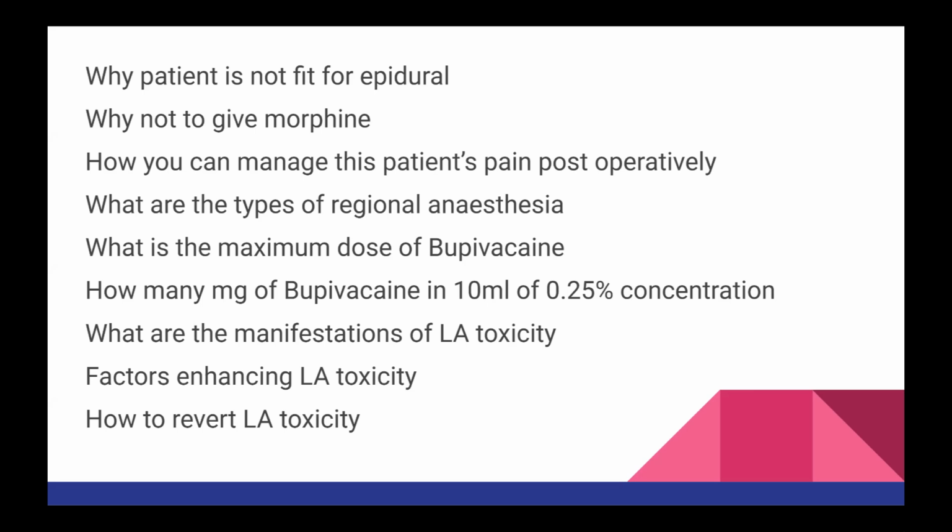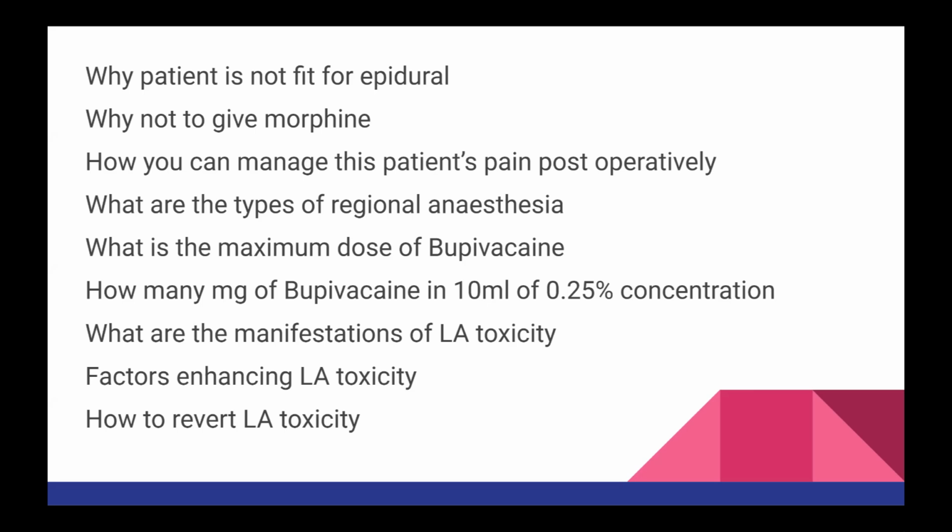There can be bradyarrhythmias, hypotension, and the patient may go into MI. There could be perioral numbness. Then there can also be hepatotoxicity, and if there is any accidental injection into the blood vessels, it can cause